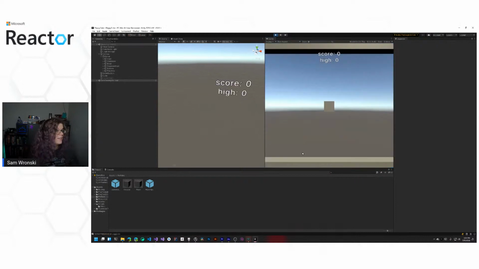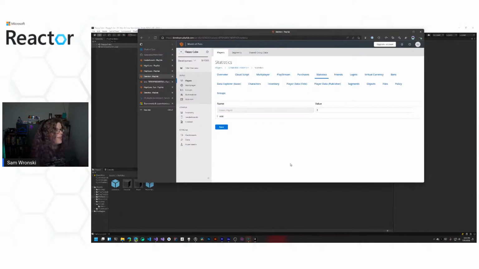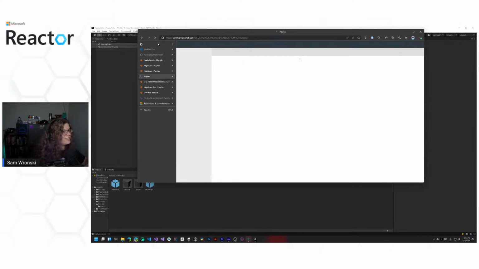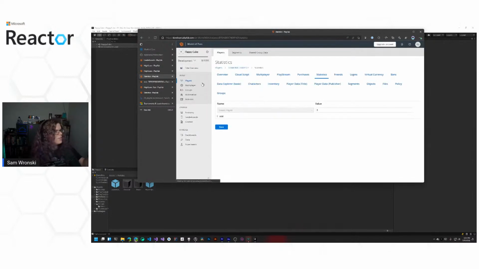So test, login, everything still works. But now we're getting this. And I can get to a few points and then lose. We'll lose a few more times because that's a thing. And now we have a score of 4. So our player has scored 4 again. Probably should have gotten a different number, but anyway, we have 4. So we go and check this now. Our new statistic should show up.